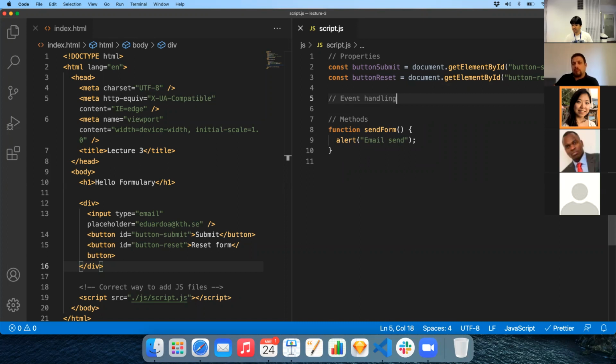And what is event handling? It is basically, as the name says, handling some event that is going to happen. And this event is called the button click. So we are going to literally tell the machine, when I press this button, I want to do something. And we know that the thing that we want to do is to run this function. So let's do that. We're going to say my variable button submit